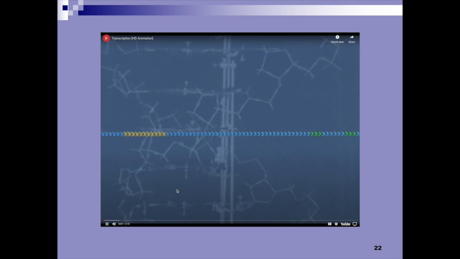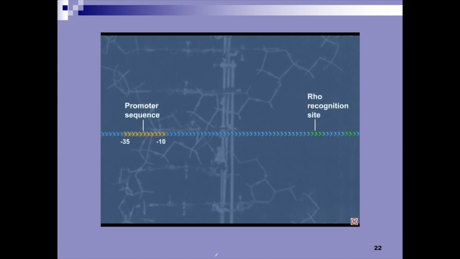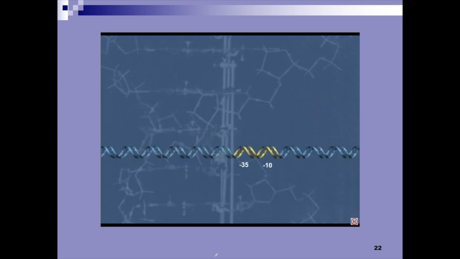In bacterial cells, the transcription of a gene or group of adjacent genes called an operon is controlled by a set of proteins interacting with specific sequences in the DNA molecule, leading to the initiation of transcription and the termination of a transcript. Transcription is initiated just beyond the yellow promoter region and is terminated at the green terminator site. The sequence of the promoter at positions -35 and -10 nucleotides upstream from the transcription start site are critical to